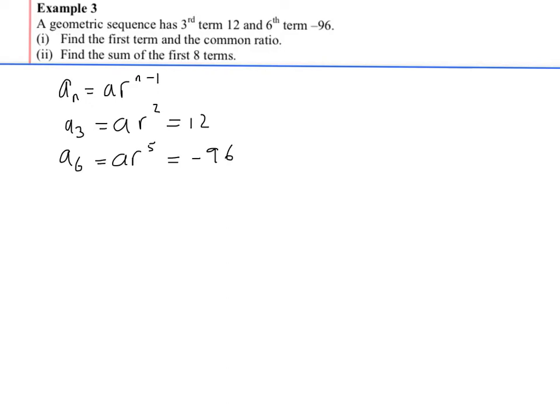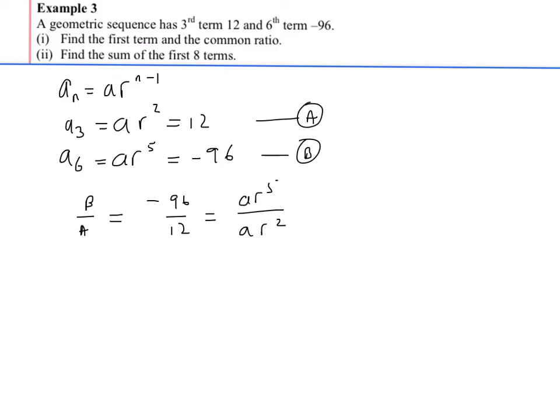Now if we call this equation B and this equation A, if we divide equation B by equation A, the a's will cancel, so B divided by A will give us -96 over 12, and that will give us a r^5 over a r^2. We can cancel the r's off and we're left with r cubed,